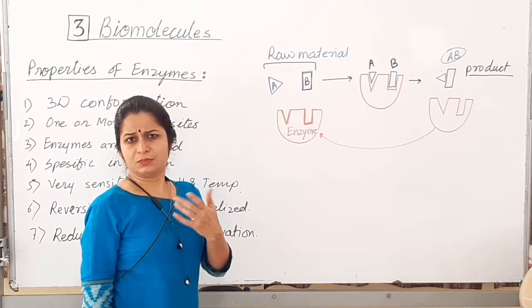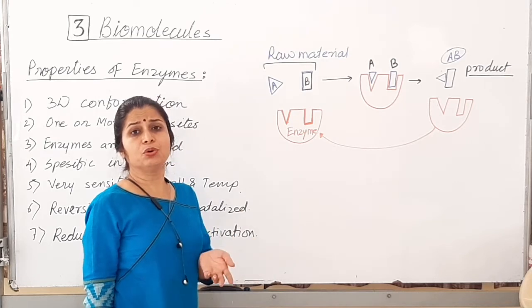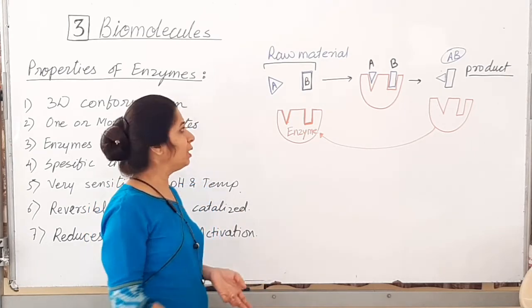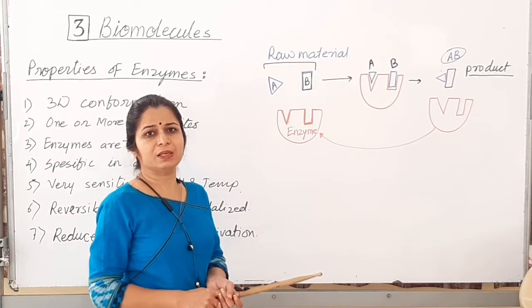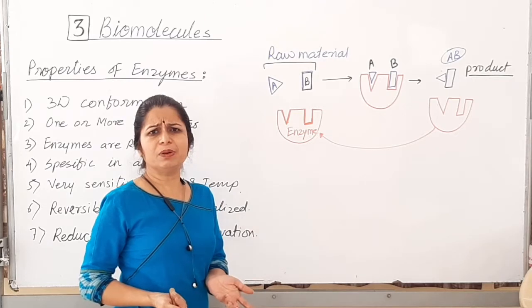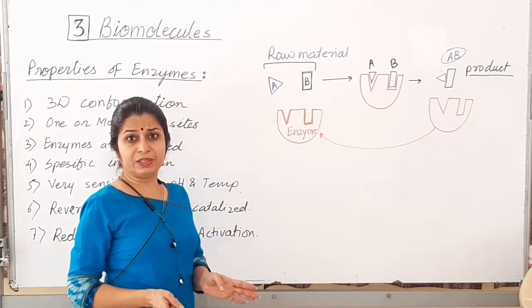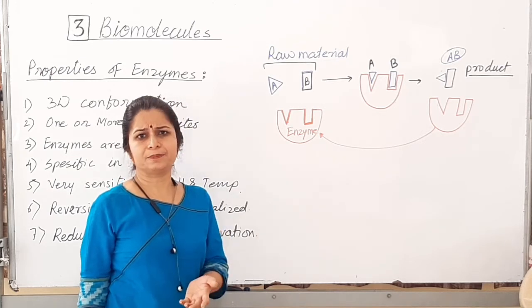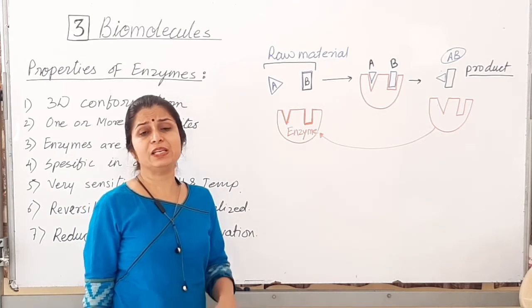It is for like diagrammatic representation, and you know each chemical has different structural formula, different chemical formula. So shape means different chemicals. So A raw material, B raw material. They are actually stable, will not react with each other if this enzyme is not there. Or if at all they react, then the rate will be very slow.